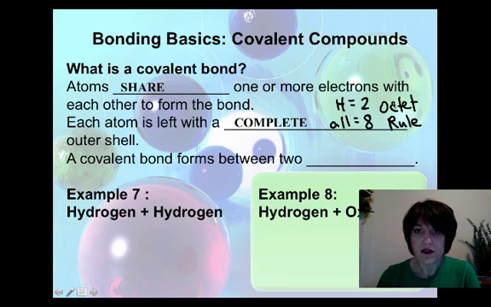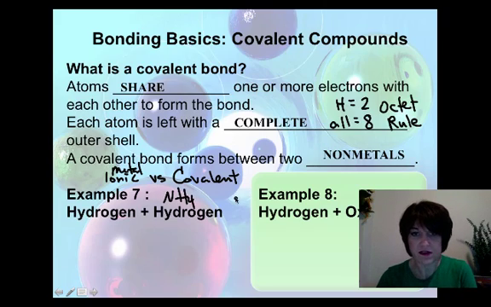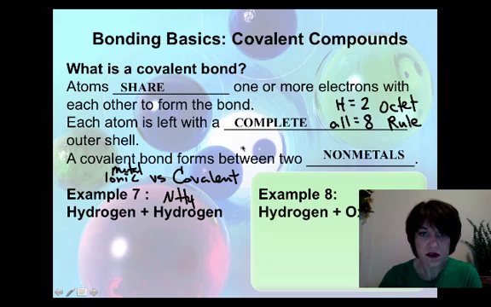A covalent bond would form between two nonmetals. Remember in our very first section we talked about ionic versus covalent compounds? Those ionic compounds always started with a metal, except for ammonium substances. So let's look at an example of covalent, where we have two nonmetals bonded together by